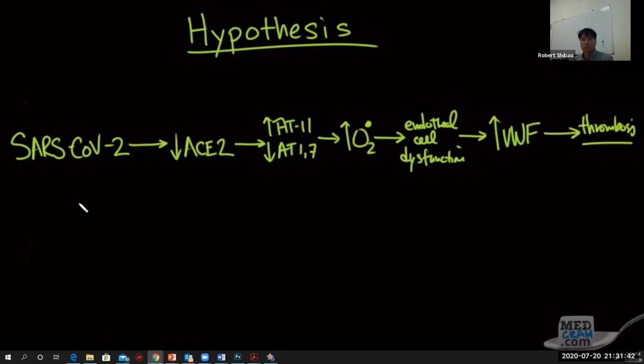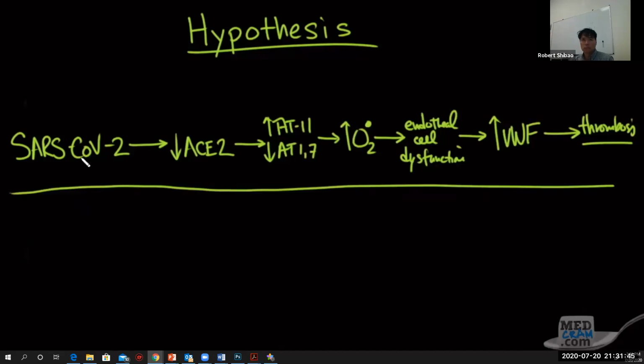Now, there's a lot of dots to connect there, but again, we see that SARS-CoV-2 is a virus which attacks the ACE2 receptor, and that is the entry point. When it attacks the ACE2 receptor, it takes out of commission its catalytic site, and it is no longer able to convert angiotensin 2 to angiotensin 1,7. As a result, you have an increase in angiotensin 2 and a reduction in angiotensin 1,7. In addition to recruiting neutrophils, that causes increased superoxide creation, and that increase in superoxide creation causes endothelial cell dysfunction through a nitric oxide pathway.